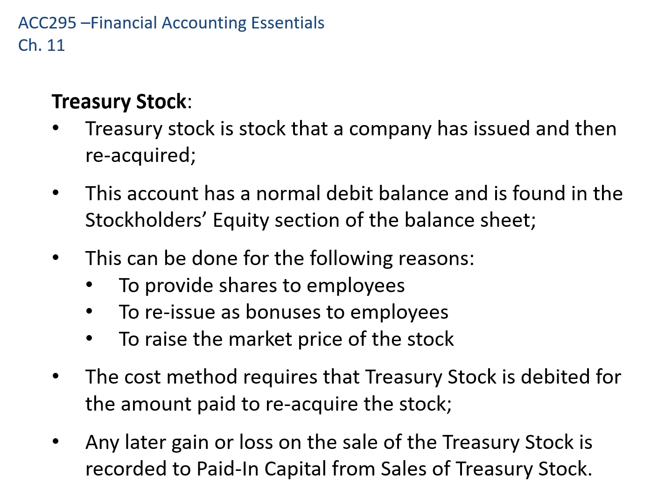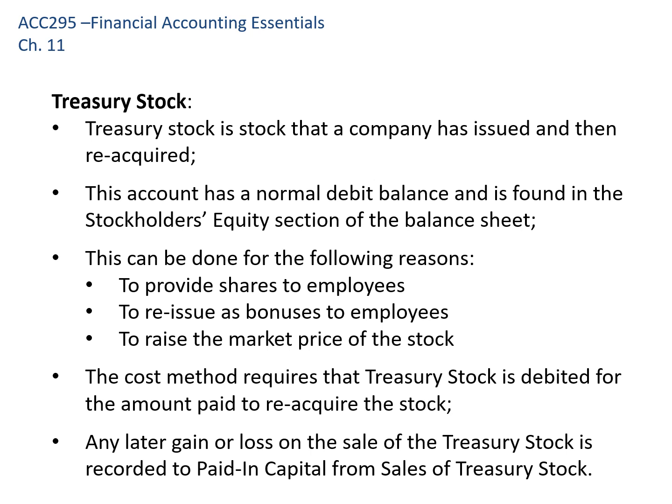So if you reduce the number of shares outstanding, you increase the share price. If you're a CEO and you're reporting to your board of directors, an increased share price is going to get you a pat on the back and a bonus. So that's kind of why that happens. So treasury stock is a contra account. It has a normal debit balance, and it's found in the stockholders' equity section of the balance sheet.